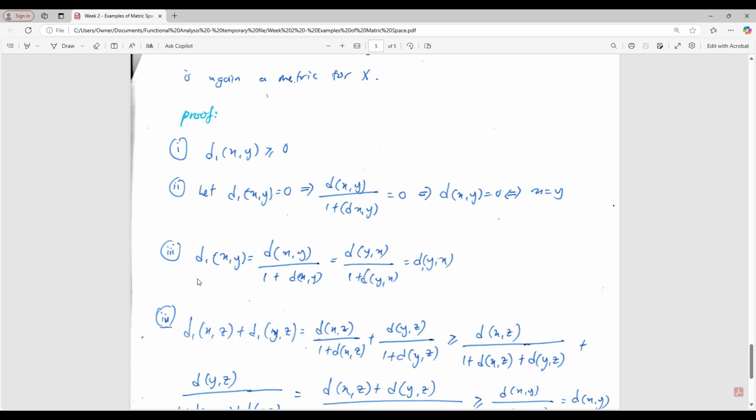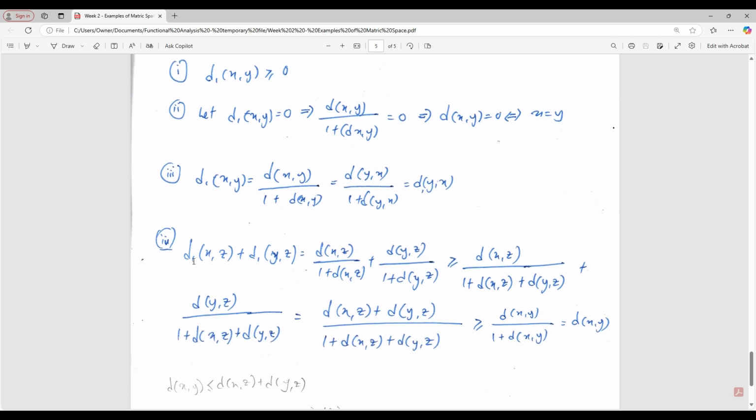And the third one is that it has to satisfy the symmetrical properties. So the symmetrical properties you can consider in the following way. We start with the matrix D1 of X, Y. Because we know that D satisfies the symmetrical properties, we can interchange X and Y here in this way, and at the end we will get D1 of Y, X here. So therefore D1 satisfies the symmetrical properties on the